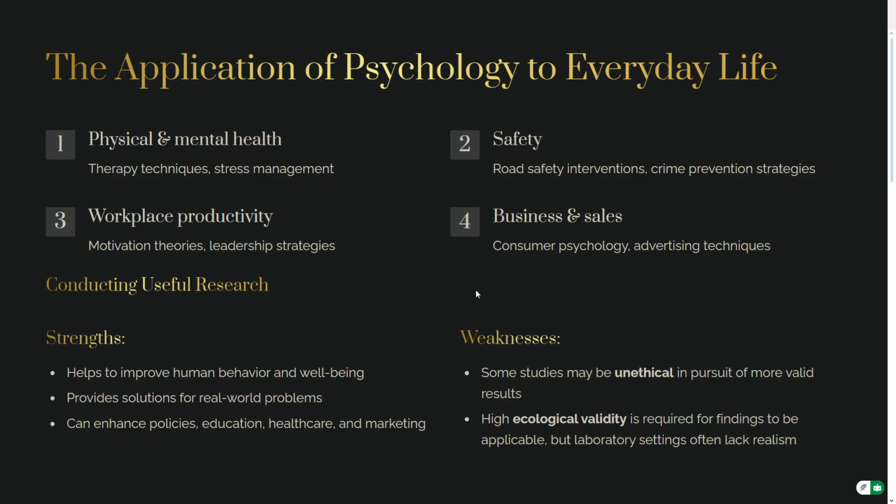But for the AS level, if you're talking about how we can apply psychology to everyday life, one thing I always want my students to keep in mind is to focus on who a particular study or research or finding benefits, how does it benefit them, and who will be on the receiving end? In other words, we are looking at the direct beneficiary, how it benefits the direct beneficiary, and then the indirect beneficiary. These are the categories you can always think around.